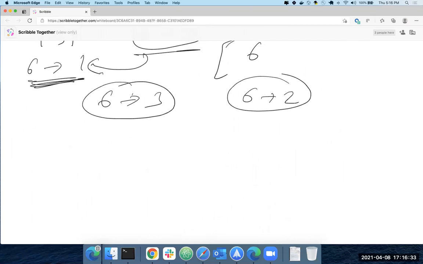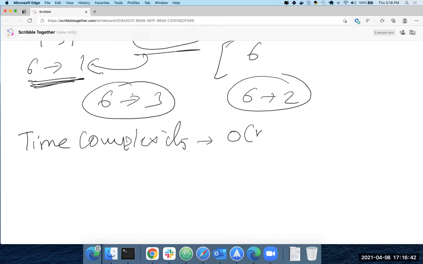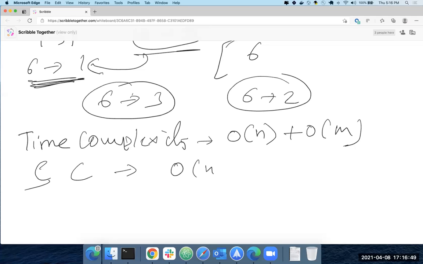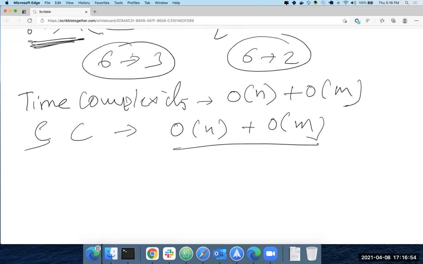The time is going to be O of what? You're walking through both arrays. That's still going to be O of N plus O of M, right? And space complexity is still the same? No, it can be just order of M, right? One of them. Whichever one is longer? No, in fact, it should be whichever is the shortest.